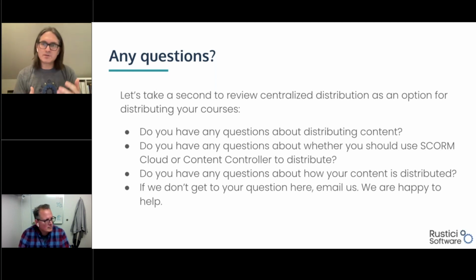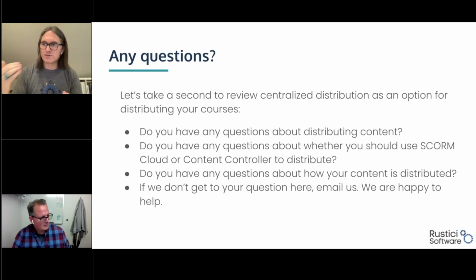So the differences are going to be around the breadth of features within Content Controller. You're rarely going to run into a case using Content Controller that we won't have a solution already built into the application to support, whereas there's going to be more limited features within Swarm Cloud Dispatch, because candidly, Dispatch is one of several tools that exist within SCORM Cloud.